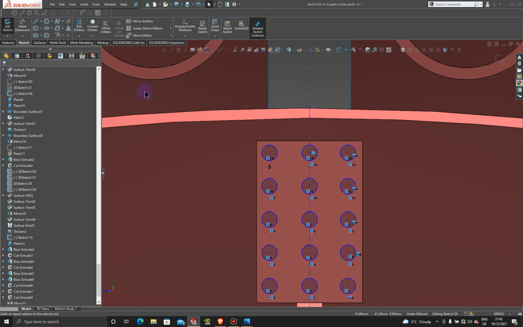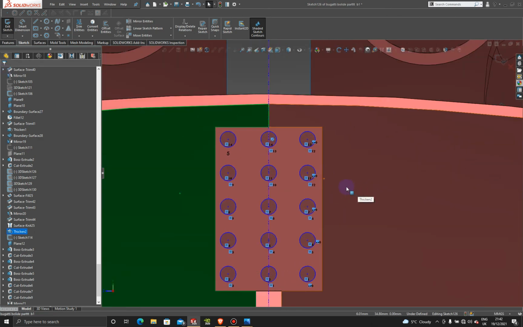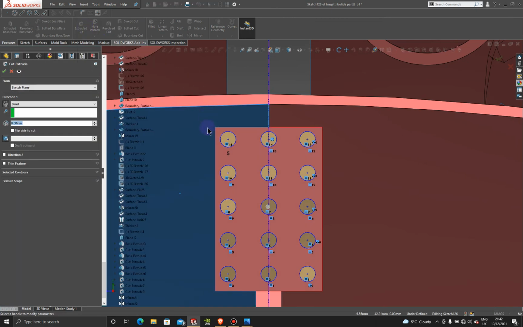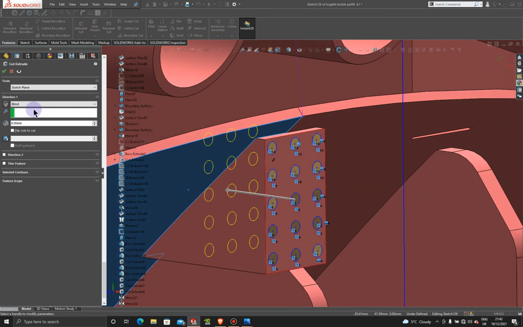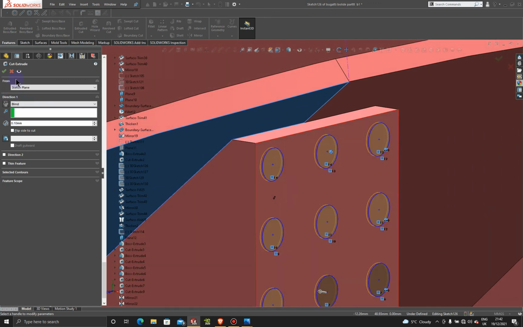All right. Okay, so now they are set, what I'm going to do is go to Features. I'm going to do a cut extrude, and I'm going to cut extrude them into the body to like 0.1. Okay, so 0.1 is good